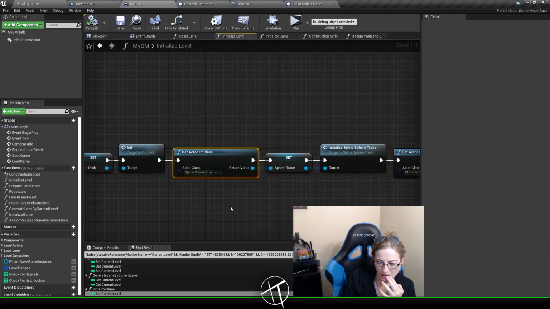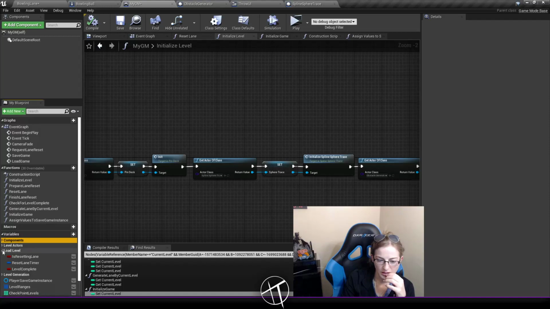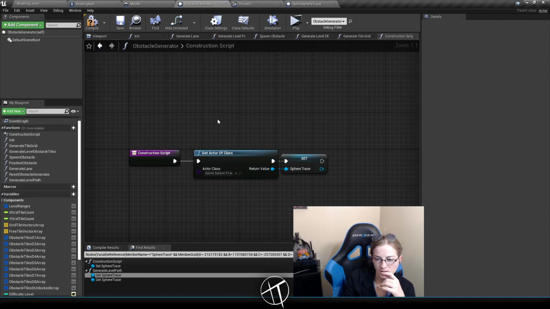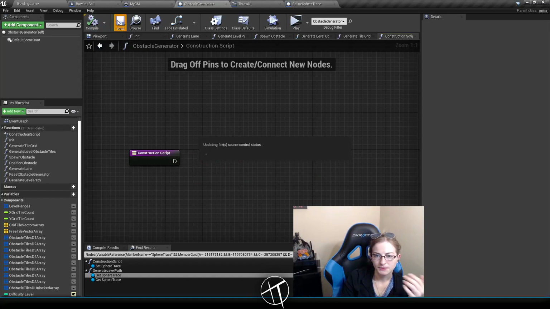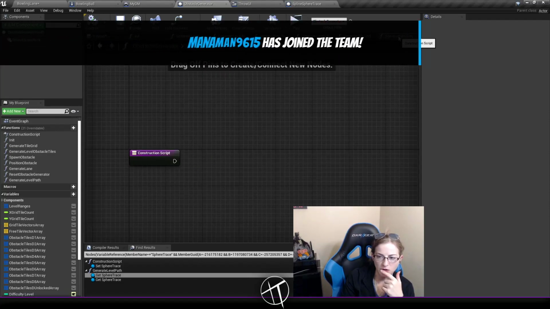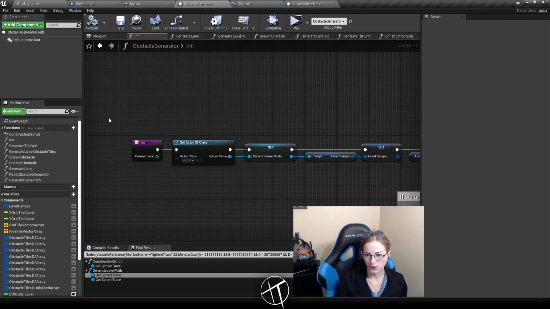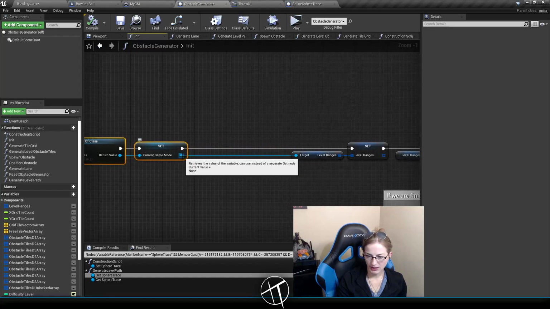So you are getting this, setting it here, and doing this. So I have the sphere trace right here. So this is not being called. But I'm not setting it anywhere. So game mode is what is calling the init function. But how am I even setting it somewhere if this is not being called? Okay, so if we do this and